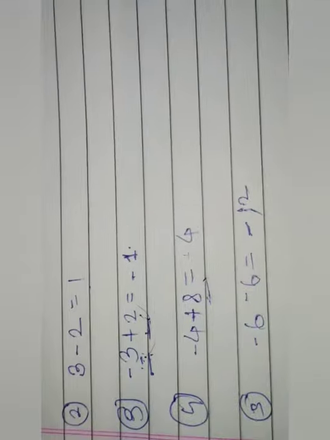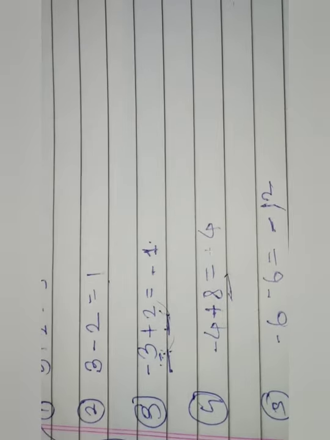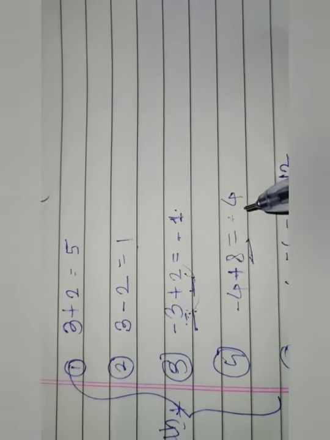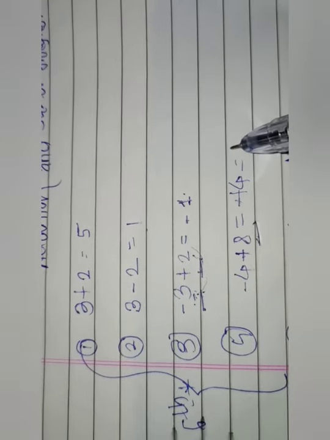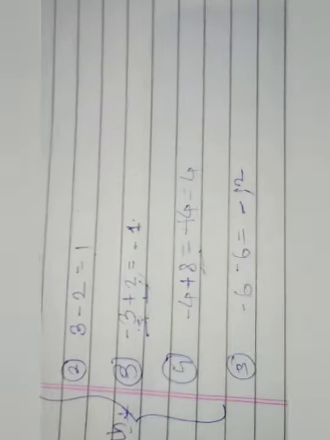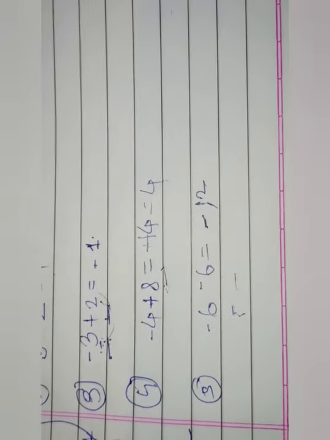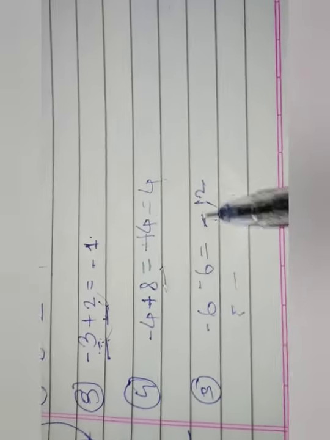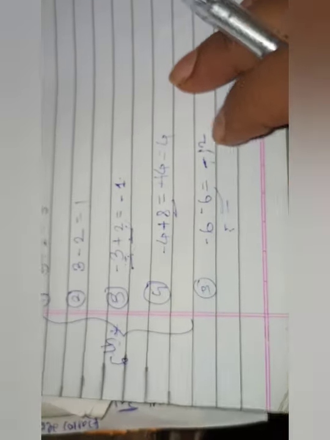We subtract the smaller number from the bigger number and give the sign of the bigger number, that is plus. Okay, see here, minus 4 plus 8, the sign of the bigger is plus. That is plus 4, which means simply 4. Minus 6 minus 6, minus 12. If there are both minus terms, then it remains a minus, but addition of these terms happens. It was just a recall to you, and you have to fill some activities here.